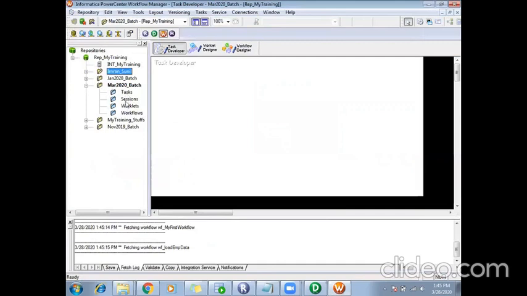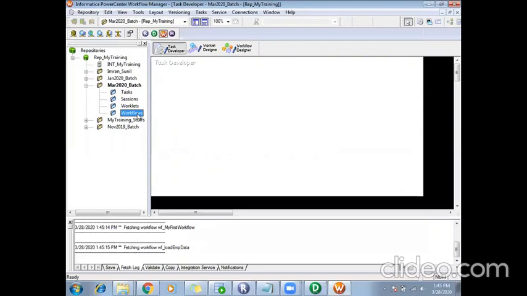We have different objects here: tasks, sessions, worklets, workflows, used for different purposes. Workflows is where we'll create a workflow which will call my code, in order to run my program, whatever I have written. So we'll create workflows and run them from here.